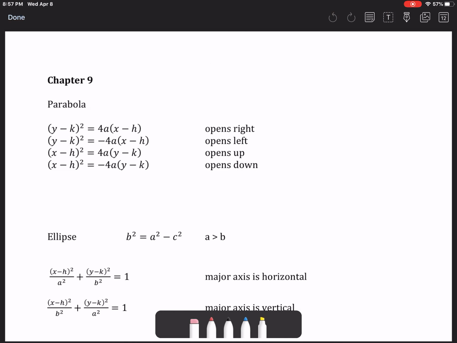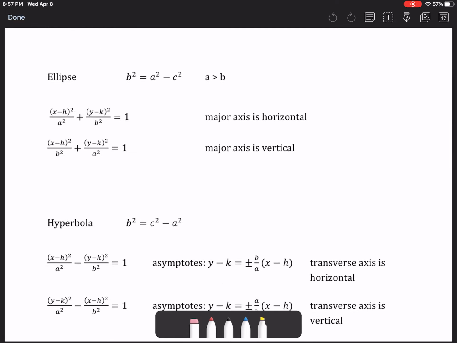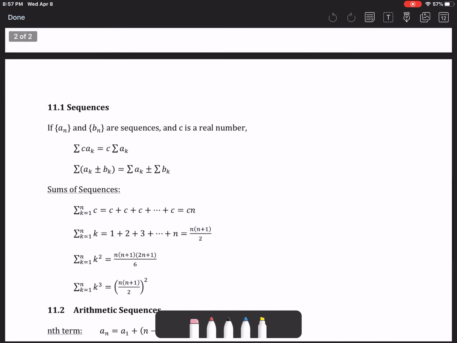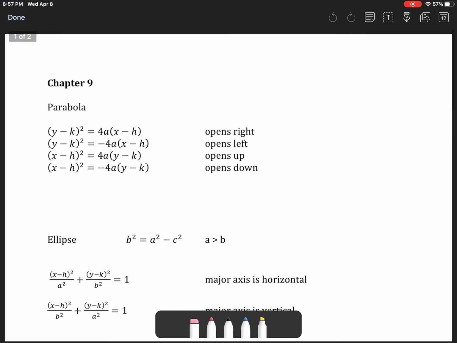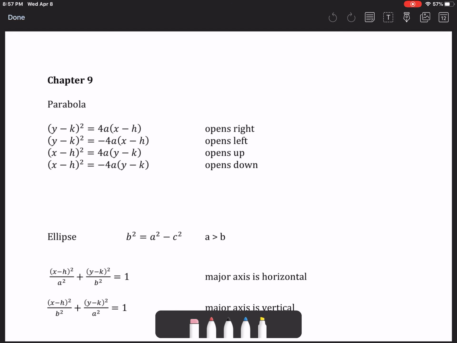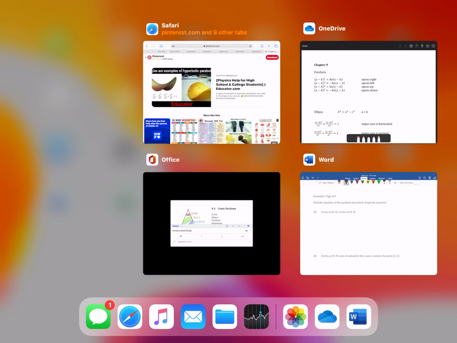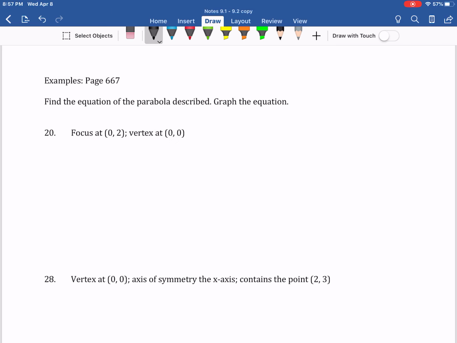So it's got the formulas for all of chapter 9 on the first page, and then it's going to have formulas for chapter 11 on the second page. Right now, we're just going to be focusing on chapter 9, obviously. So the formulas given for the parabola are the 4 different scenarios where the parabola opens to the right, left, up, and down. And so we are going to utilize those as we're going through these questions. So keep that handy, download it if you want to, and keep that open on your computers